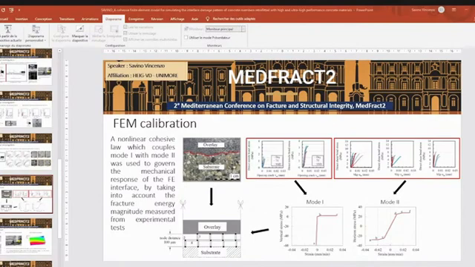Experimental results were used to calibrate a nonlinear cohesive law, which couples mode 1 with mode 2, and governs the mechanical response of the finite element interface. In order to avoid an overestimation of the bond capacity, the fracture energy directly measured from the experimental bond test was taken into account. Thanks to that, it was possible to compare the numerical simulations of the stress evolution along the interface as the external load increases. In particular,